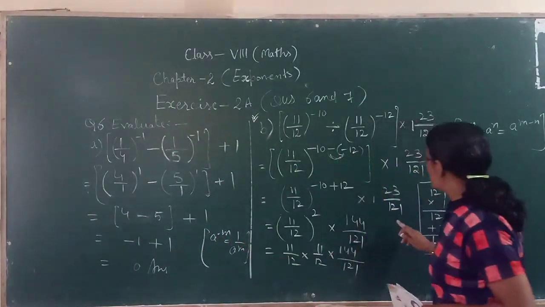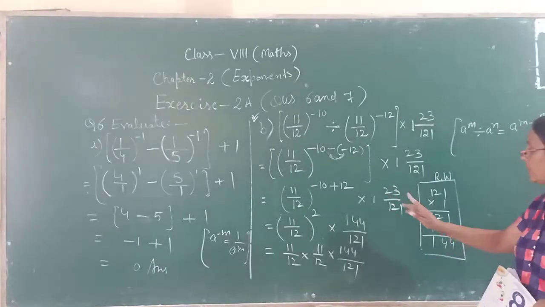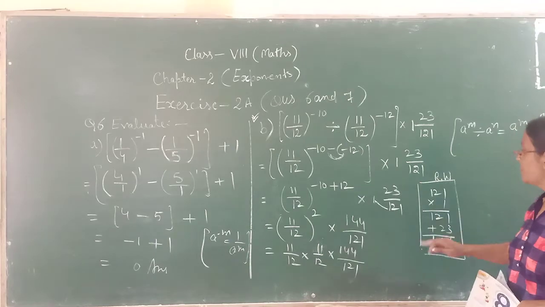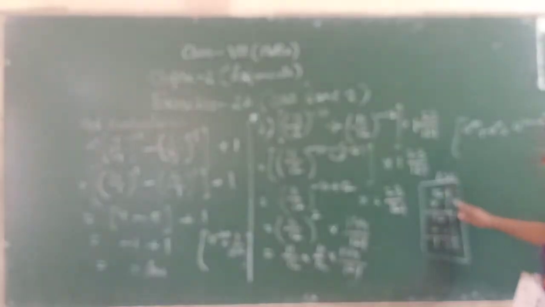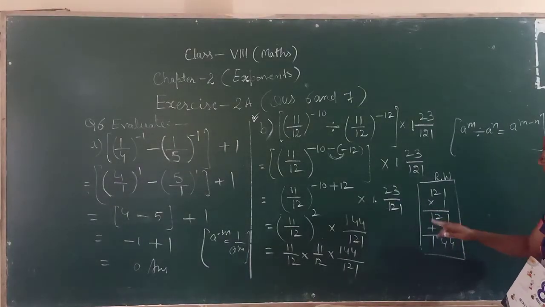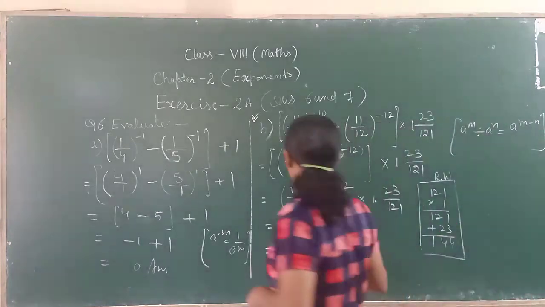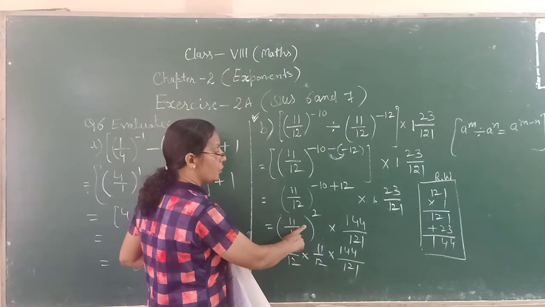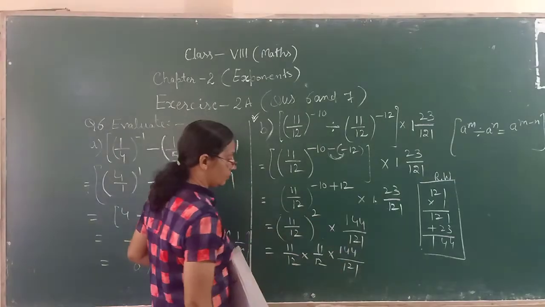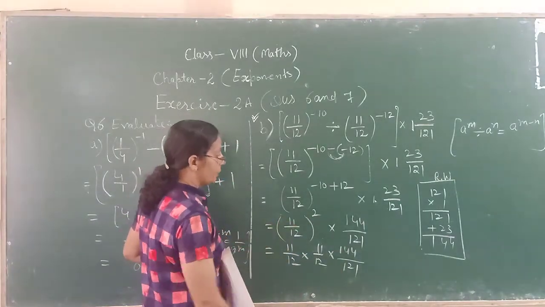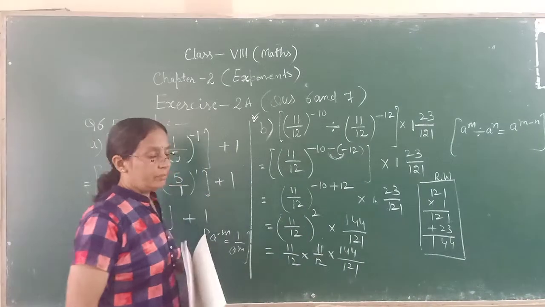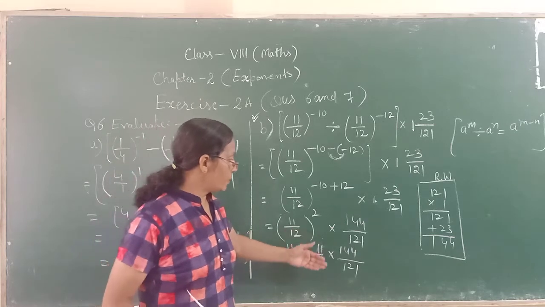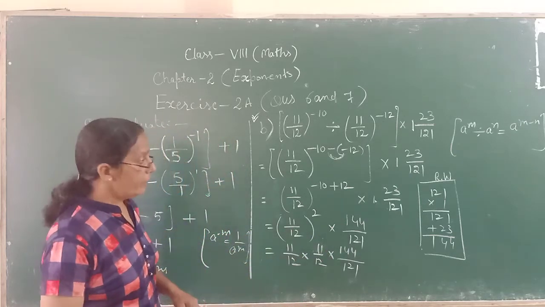Here also we have to solve this mixed fraction. How to solve? We multiply this one with this one, and plus 23. So see here I did the work for you: multiplied, then added 23, we got 144 by 121. Then this is to the power 2. There are two ways. Here also we can keep the exponent form, or we can remove the power by writing it 2 times. So 2 times we write 11 by 12 into 144 over 121.